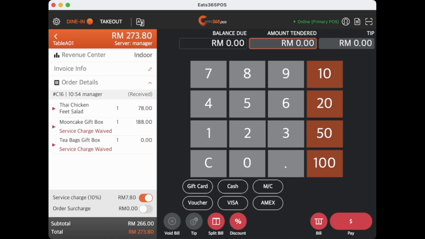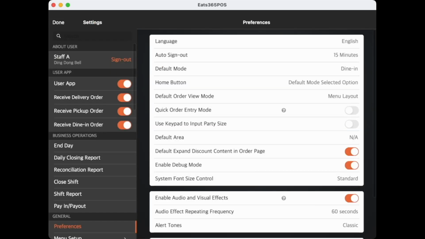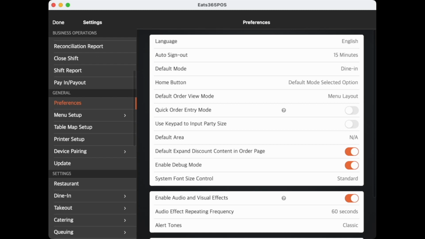Normally, when the restaurant is busy, especially during peak hours, it will be quite challenging and very unnecessary to do the login and logout, as it is very time consuming. And hence, this is where our new function comes in, which is to authorize staff A to perform void and cancellation from their end. So in order for us to do this, we can go to our settings and then click on